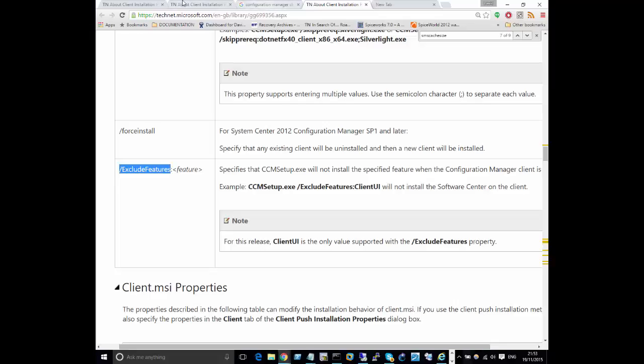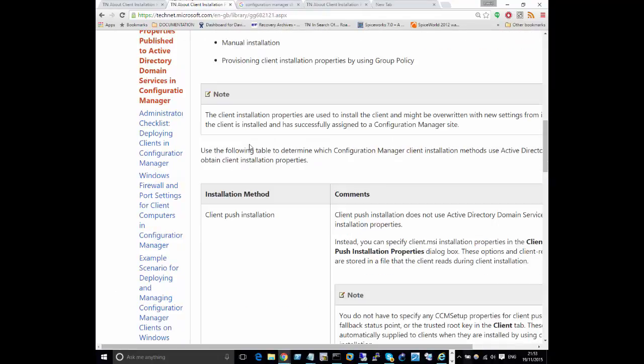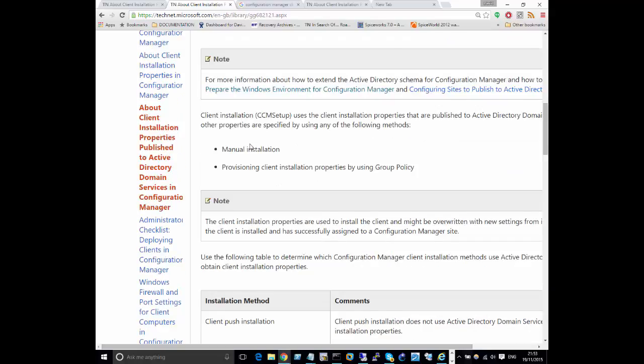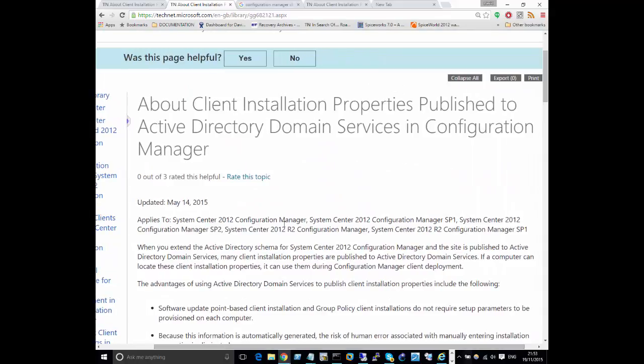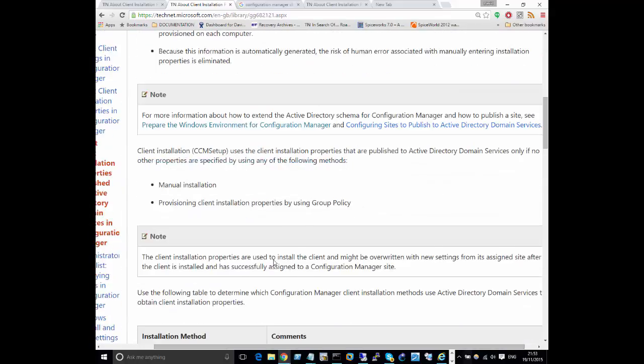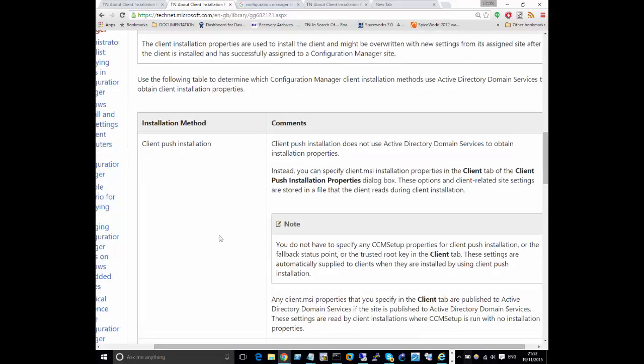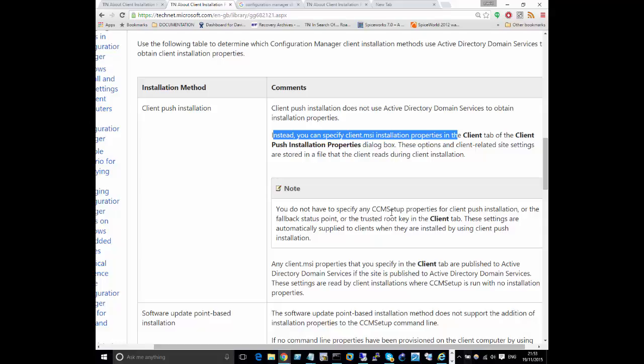Actually, Microsoft has good documentation about this. Yeah, I think it's this one. About client installation properties published to Active Directory Domain Services. That's the title of the documentation. We talk about this where client push installation does not use Active Directory. Yeah, we talked about this one also. It says, instead, you can specify client.msi installation properties. But it didn't mention that you can specify ccmsetup properties. It said you don't have to specify them, but what if I want to specify one of them like, hey,